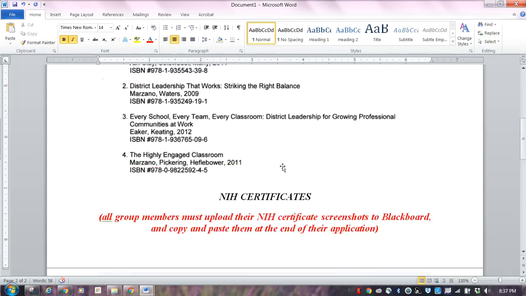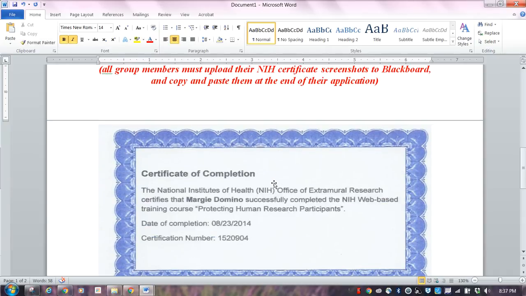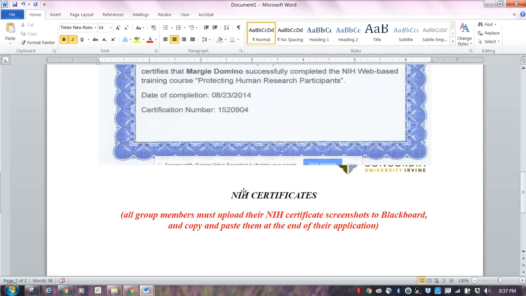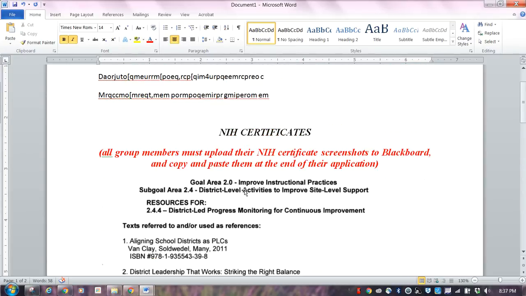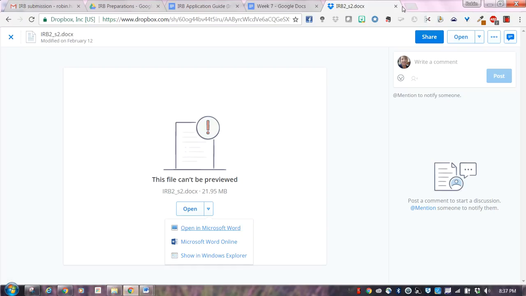All right. So I've showed you how to do a screenshot, how to do a snippet, how to copy and paste text. You use one of these methods for all the things that you have to put in at the end of your application. Okay, so